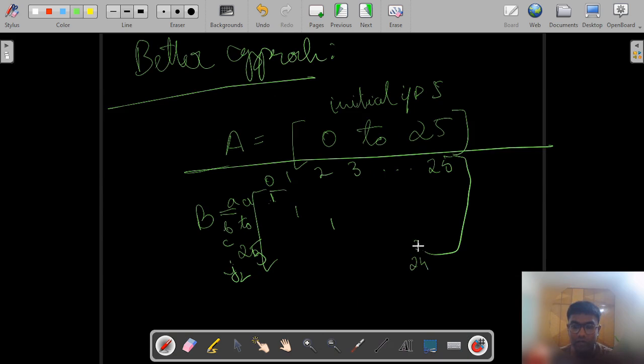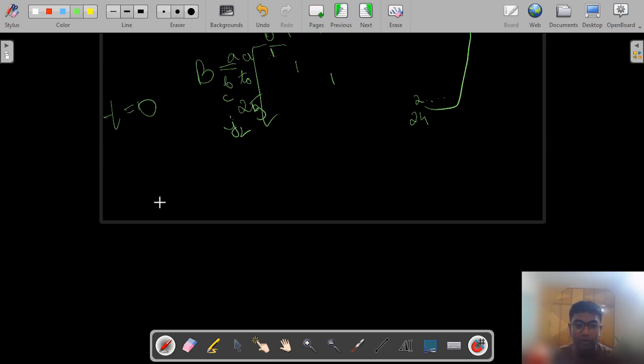This is at the 24 position where it would be 2. Let's say this is the initial stage, and once we have t equal to 2,